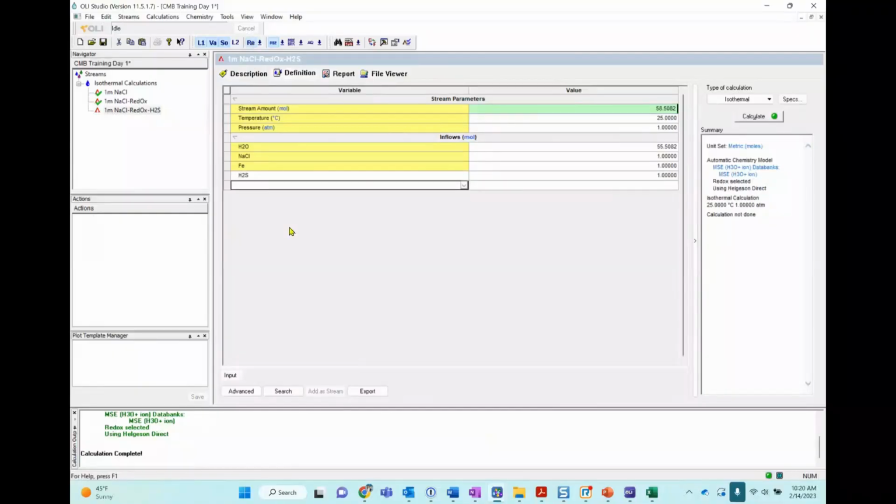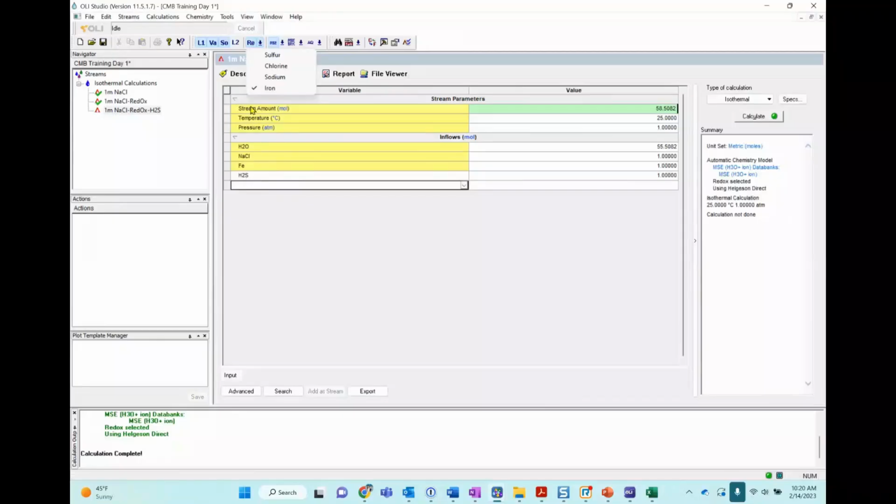And also, I'm going to make sure that I have selected the iron in this drop-down arrow for redox. But now, this is what I was saying. Now the system knows that you have a sulfur species. You have added a sulfur species.